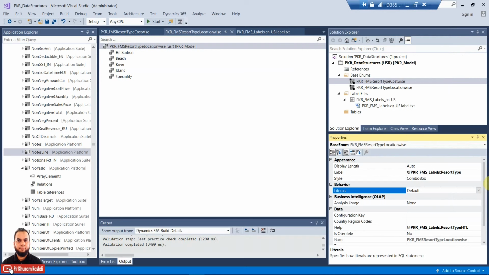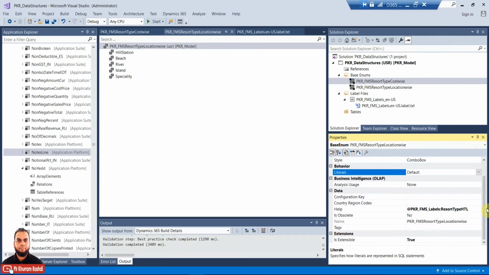There is one more property when we talk about enum, which is called is extensible. So basically, what is this? This is basically allowing the possibility to extend this enum type. So if, for example, we are an independent solution vendor and we are creating an industry solution, and we want to allow any other value to be extended by the developers, we'll turn this extensible property to true. In this way, we can allow the extension of the enum value.